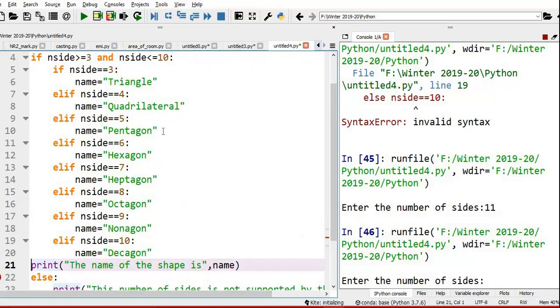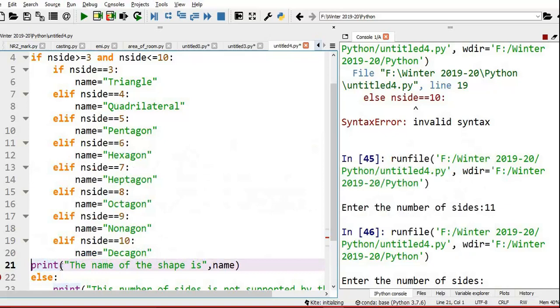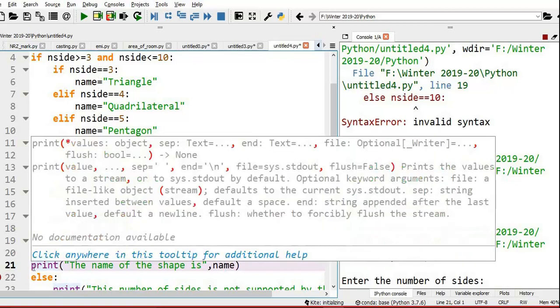Am I right? This print is part of this if. If this condition is true, then it should print. This has to go for all these if else, then it has to print. So indentation is required for this print.